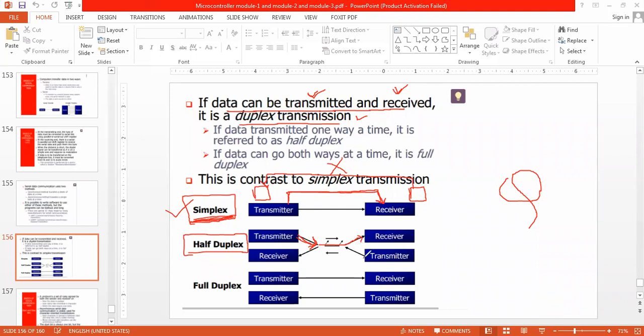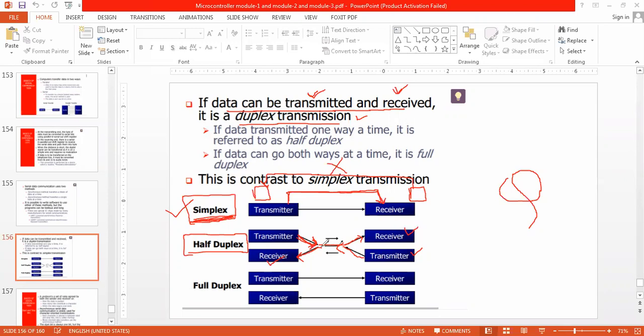After that, you will send a question and I will receive that question, which is not happening right now, but still. So when I am transmitting, your work is only to receive it. And when you are transmitting, my work is only to receive it.